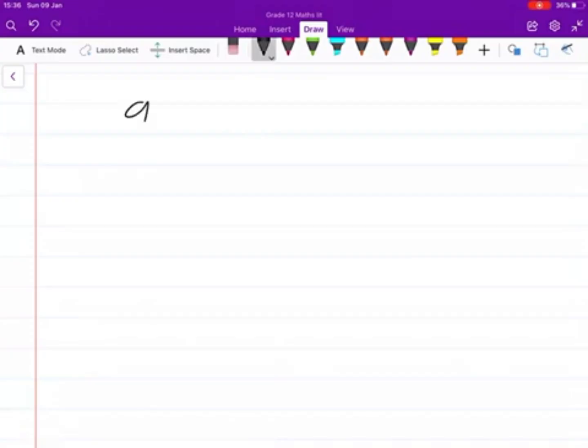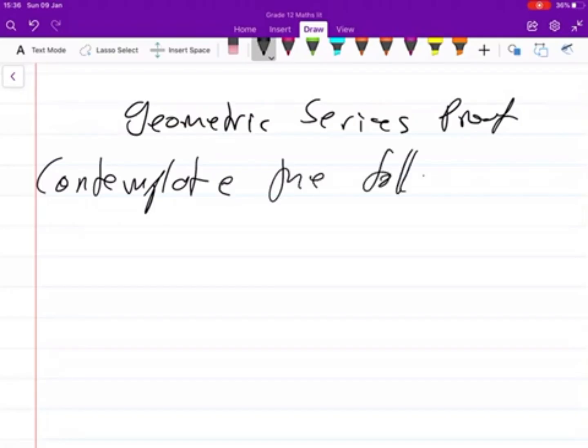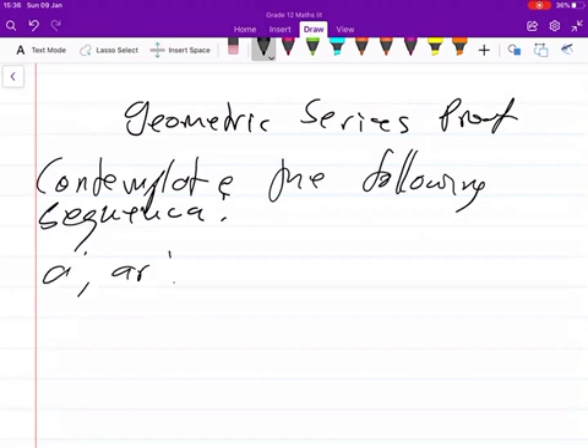Let's look at this very quickly. We look at the geometric series and we want to look at the proof of it. We want to contemplate the following sequence. Okay, I'll give you A, I'll give you AR, I'll give you AR squared, and we will then have